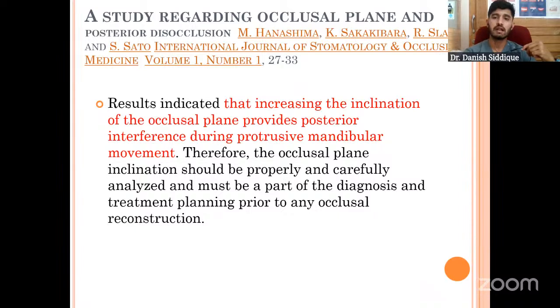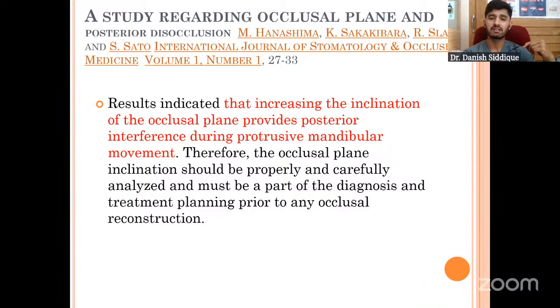There was a study that was done on the occlusal plane, on how the occlusal plane acts. So when are you supposed to do these changes? If the patient has walked into your clinic and you see that there is some amount of missing teeth, and because of the missing teeth there is adjacent tooth migration, or there is supraeruption of the opposing teeth, and all of those changes have happened. In those cases, the first step for us would be to diagnose it and to correct this plane of occlusion, because if this plane of occlusion is not corrected and we have gone ahead with our treatment of restoring the missing areas of the opposing arch,